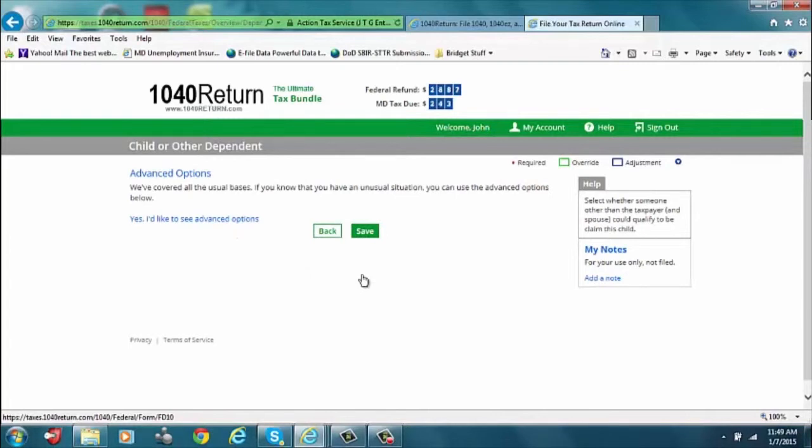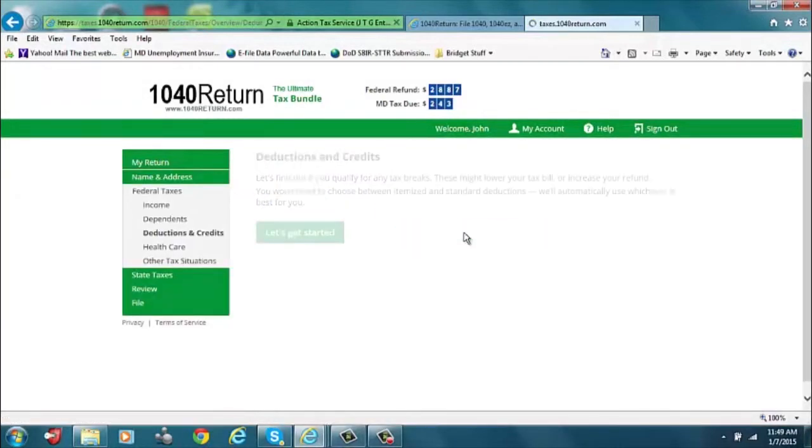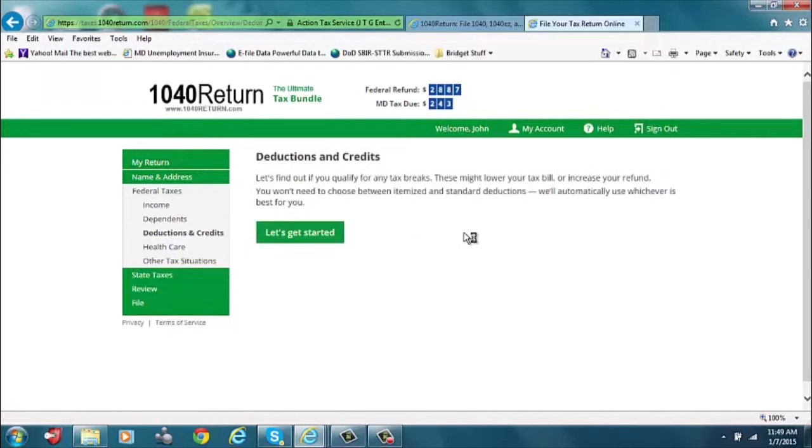Since there aren't any unusual circumstances, we will click Save to save the information and proceed on. We now click on Finish with Dependents. John has entered all his dependents' information. Since there are no deductions and credits, healthcare or tax situations, we will just go straight to the state taxes